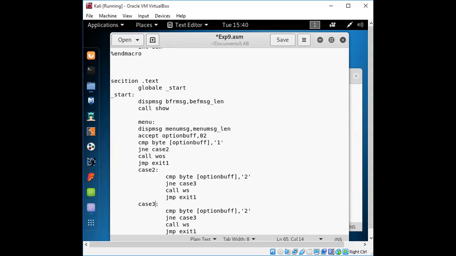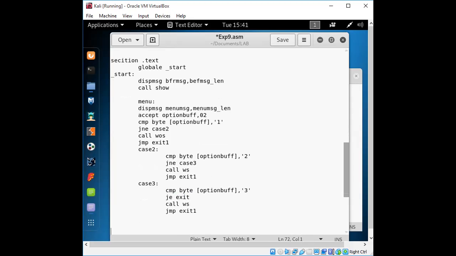This will be for the third option, right? So that is for exit, right? So we need to have the option buffer. So instead of case 3, right? We already have it for exit, right?